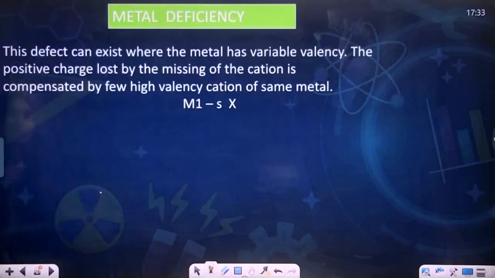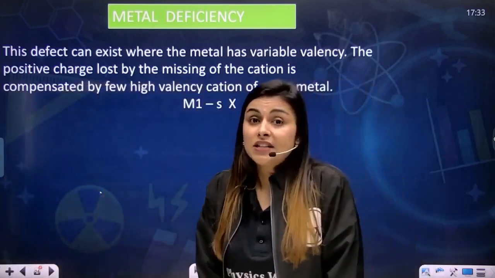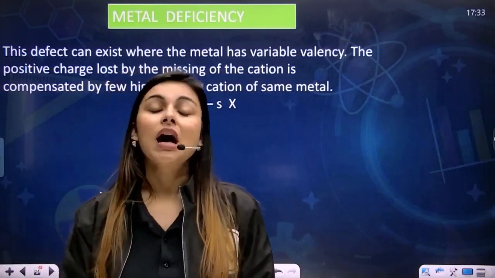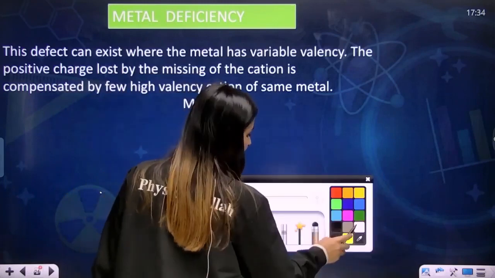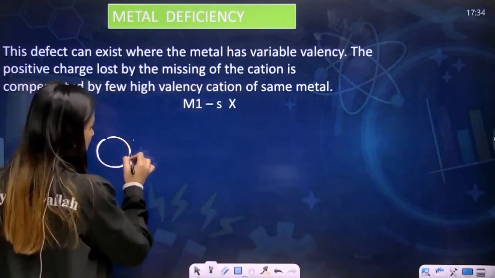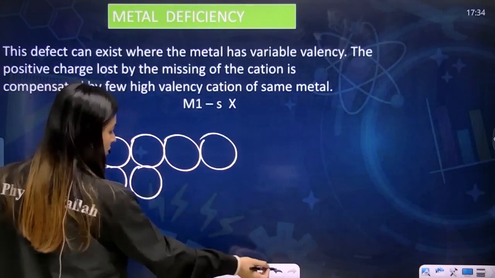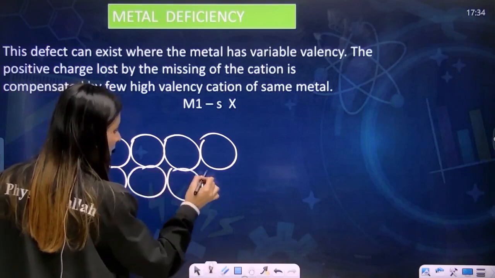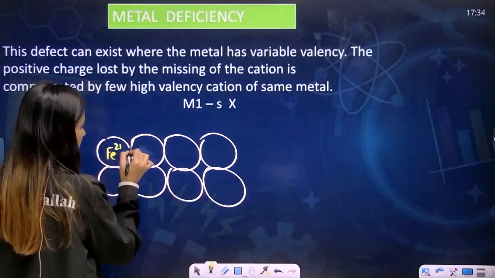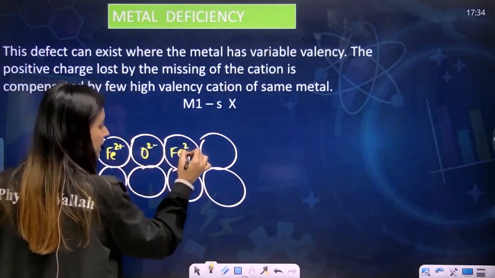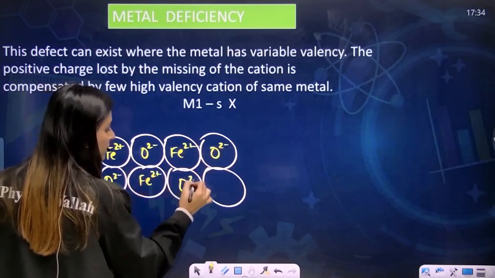Now let's talk about the other defect, which is metal deficiency defect. Now what if metal is deficient, and how can this happen? How can metal be deficient? Now let's try to understand that. See, my dear students, let's say I have a solid like this. And it is Fe2 plus, then I have O2 minus, then I have Fe2 plus, then I have O2 minus, O2 minus, Fe2 plus, then O2 minus, and then Fe2